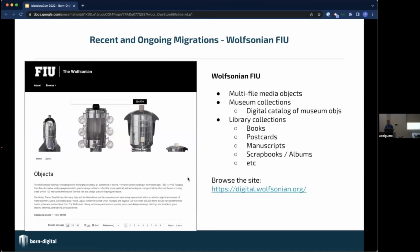Another project that we recently undertook was the Wolfsonian at Florida International University. This is much more of just a discovery, a pure discovery engine. They have some interesting objects, and we implemented a version of the multi-file media that I know was discussed at length in the tech track yesterday. There are sort of 2 side-by-side collections here. There's a museum collection and then a number of library collections, both with interesting